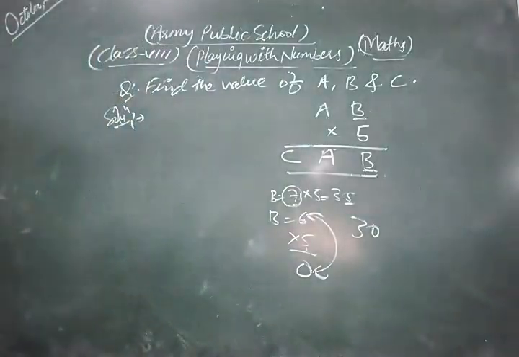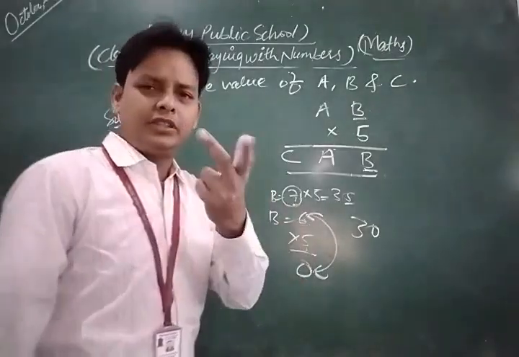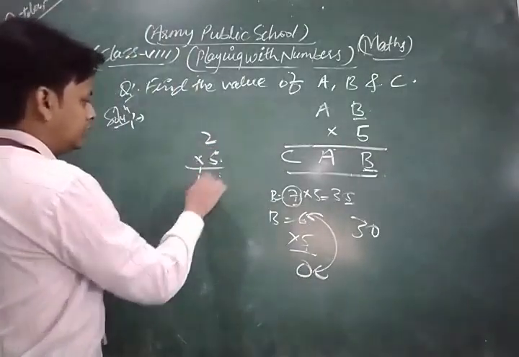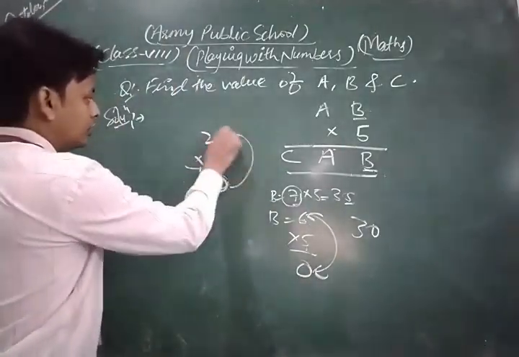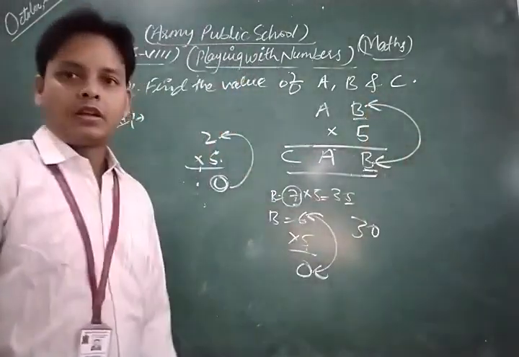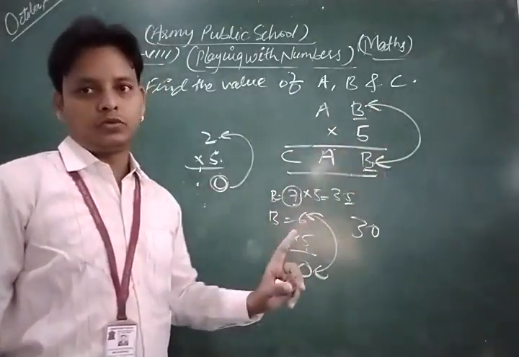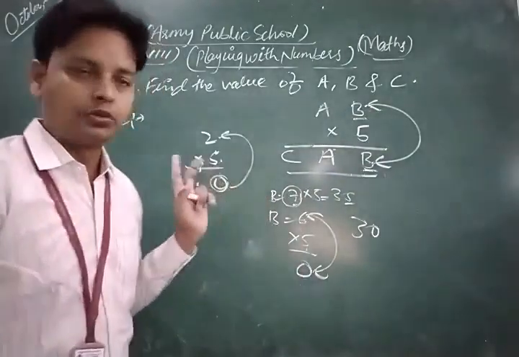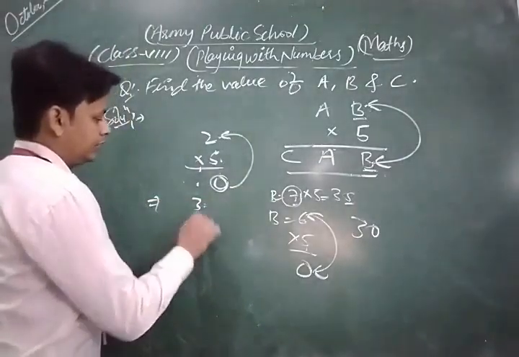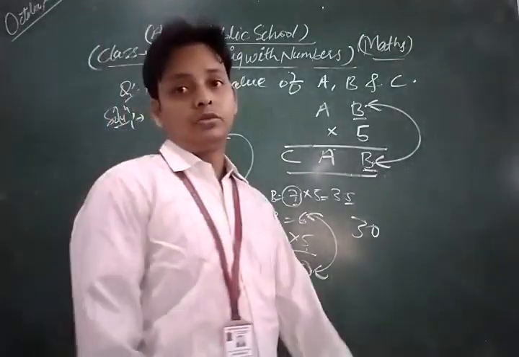So similarly, if we put 2 and multiply it by 5, then 5 times 2 is 10, so we write 0, which is not equal to the same number, so we don't put 2. Suppose that if we put 3 and multiply by 5, 5 times 3 is 15, we write 5, which is also not equal to the same.